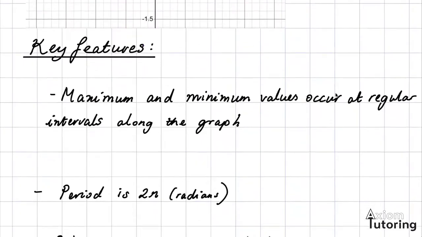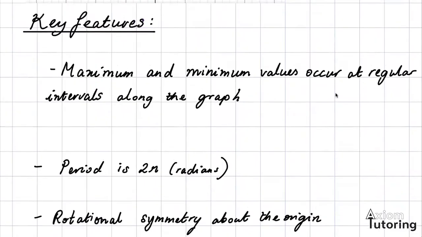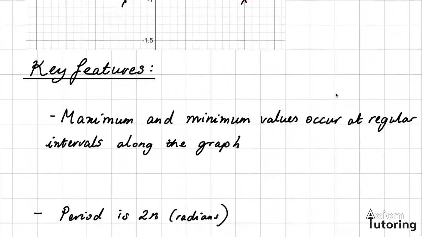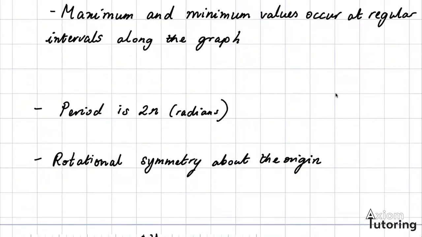Summarizing some of these key features, we can see that the maximum and minimum values occur at regular intervals along the graph. We can see the maximum values up here and the minimum values down here of our sine graph. We're not going to state the values of x for which these maximum and minimum values occur just yet, but we're just highlighting that they do occur at regular intervals along the graph. The period is 2 pi radians. What that means is the sine graph repeats itself